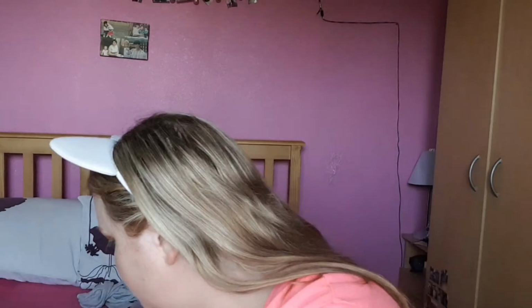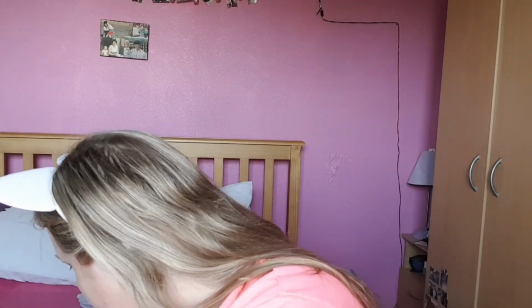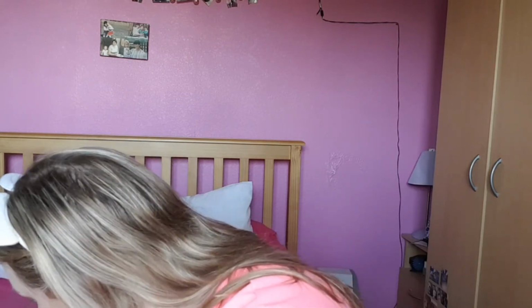Love it. Okay, and then I am going to add some of this mascara. This is the CYO Volume Mascara. Oh no, this is a brown one. I don't want a brown one. I do like my brown mascaras. I'm really kind of into them, but I don't want a brown mascara for this look, and now I can't find